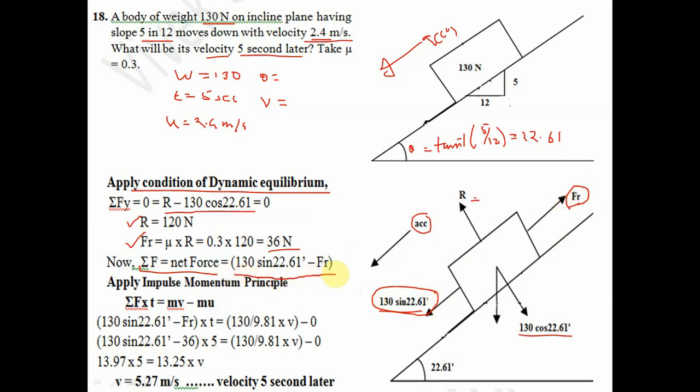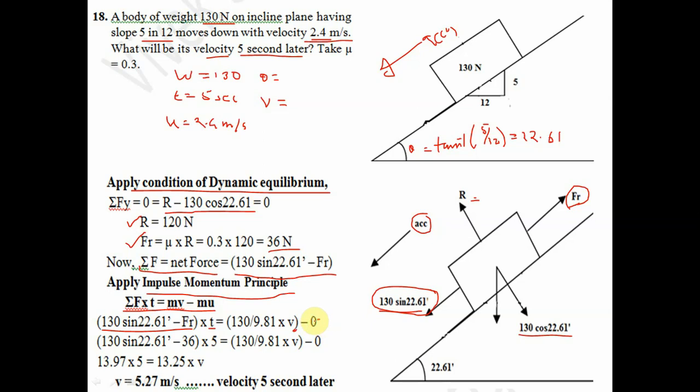Understand? So apply now impulse momentum principle. We know that summation F into t is equal to mv minus mu. Now we have to put net force 130 sine 22.61 minus Fr into t is equal to mv minus mu. Now the weight is given, so we are taking it in terms of mass, so 130 divided by 9.81 into v, that we have to calculate, minus